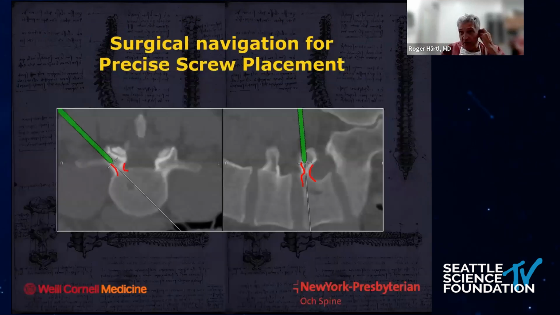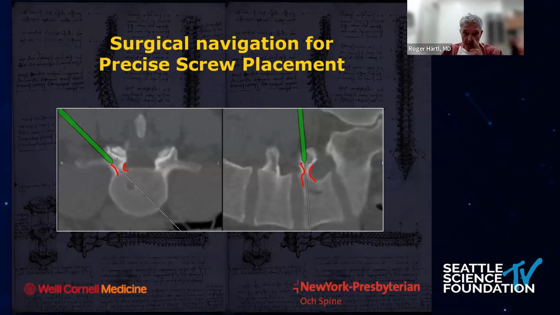And I use it with 3D navigation. If you have an anatomy like this, for example, I think with a robot I'd be very, very worried, because in my opinion, I don't use it, but my concern would be that you don't really get any tactile feedback. With freehand 3D navigation, you dissect down with your finger, you can feel the anatomy, and you can get really nice tactile feedback, even when you put in your pedicle screw.